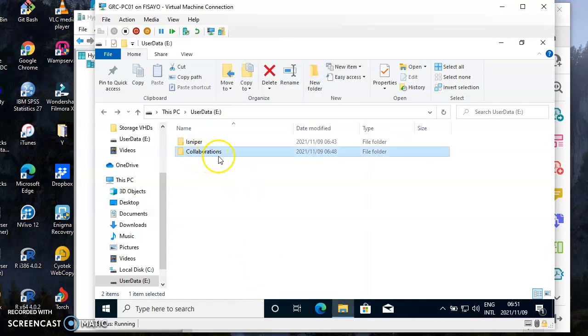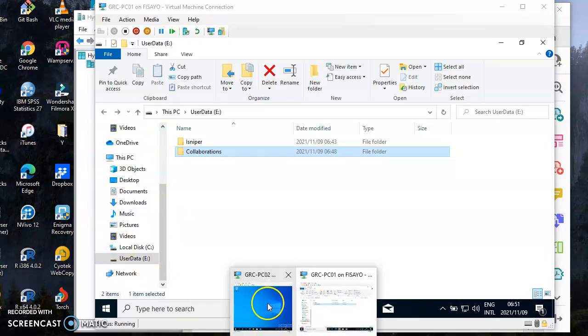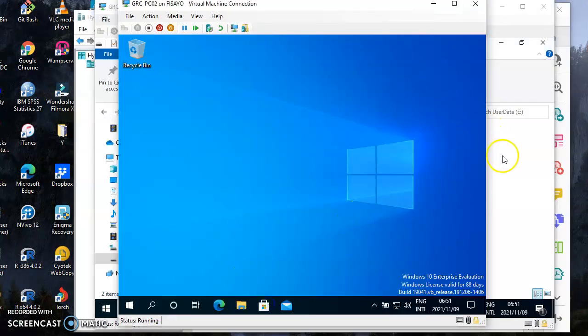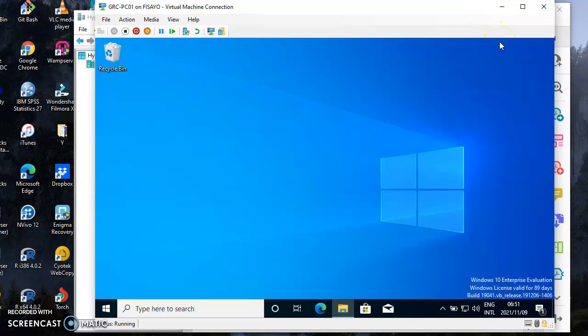So now our folder should be visible over the network from PC2. So let's go to PC2. Okay, before we go to PC2, I want to show you something. Minimize this particular place. We're still in PC1. I just want to show you something before we go on, so that you note that the folder is now shared. If you go into computer management,